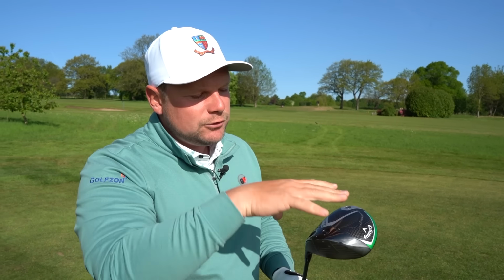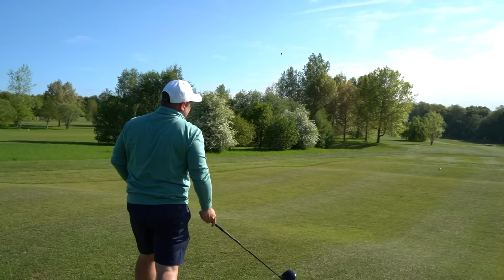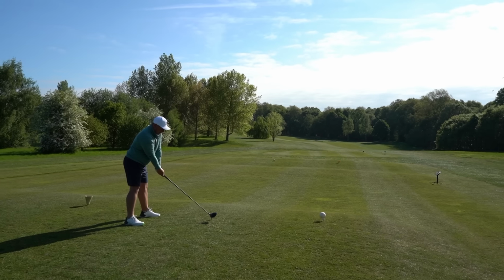I've been testing a few bits because potentially, if we are talking about a Triple Diamond golf ball, surely it has to marry up well with a Triple Diamond driver, doesn't it? That kind of high launch, low spin mentality. And we've tweaked it a little bit. Again, the boffins at Callaway, thank you very much for your time. Jack, the middleman, as always. But let's see how this performs as a couple, because it could be a very exciting marriage